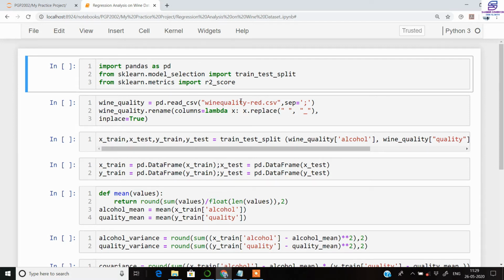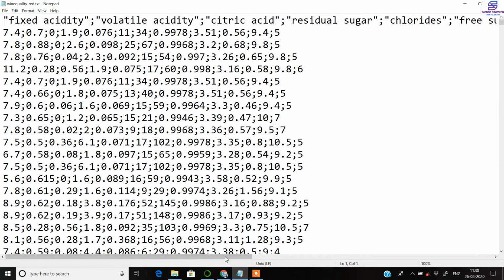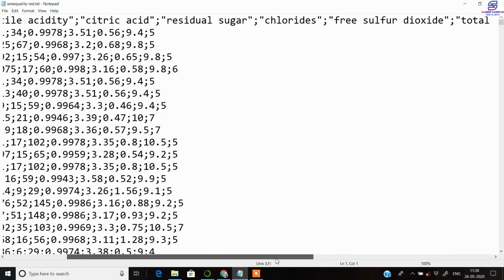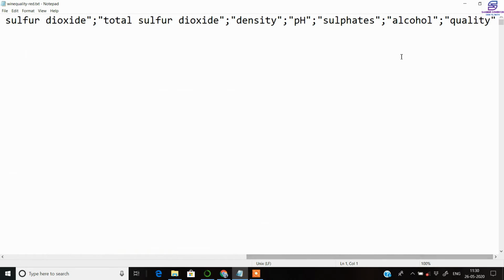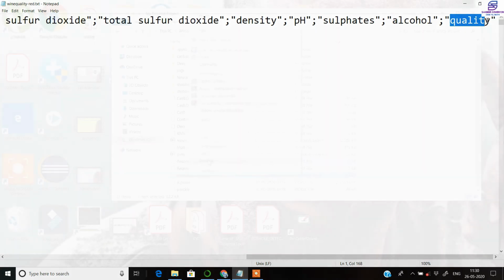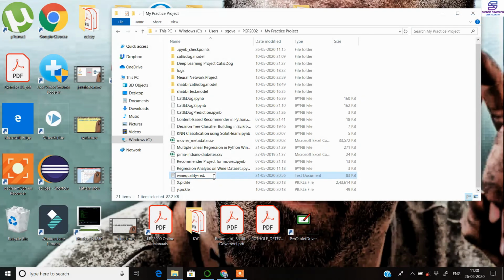I'll be working on this wine quality CSV file, so I'll show you the dataset itself. I have converted the CSV file into a text file so that it is visible to you properly. In the first line you can see all the column names that we have. Actually, the regression should be plotted on the columns where you have the highest correlation between two columns. But here what we are doing is randomly picking alcohol, and we are setting the target variable as quality, and we are trying to see whether only the alcohol column in the wine can predict the quality of the wine or not. Quickly change the type of this CSV file.